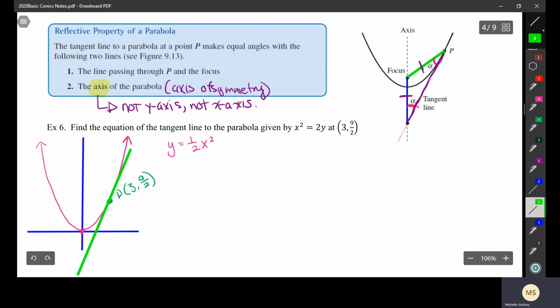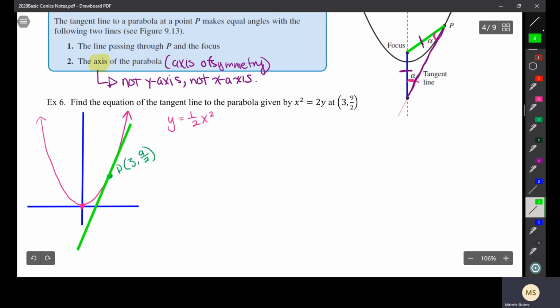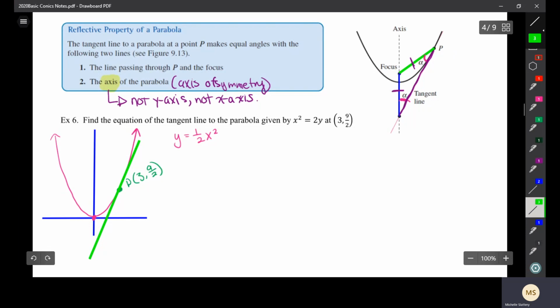Oh, that's not too bad. All right, so there's my tangent line. Okay, let me shrink this a little bit. And let me extend my axis of symmetry, or my y-axis here, sorry. Okay, cool. All right, so what the reflexive property of a parabola says is that if I find my focus,